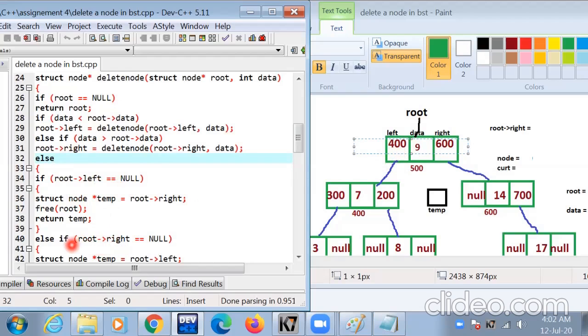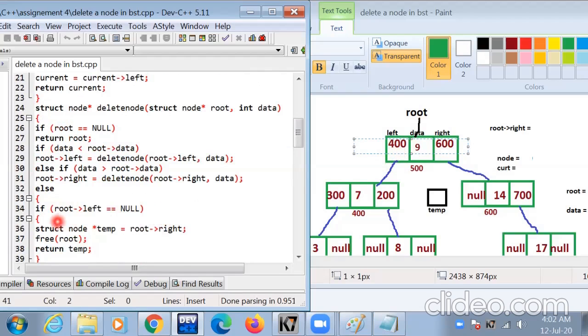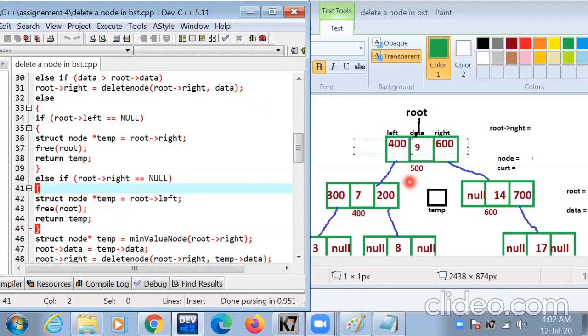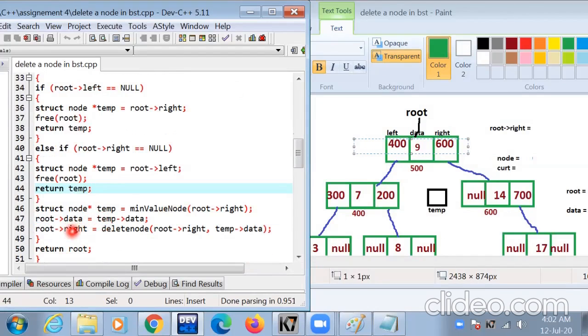Condition is false and we execute the else part. Root right value is 600, equal to null, condition is false. Then execute this line: struct node temp equal to min value node root right.